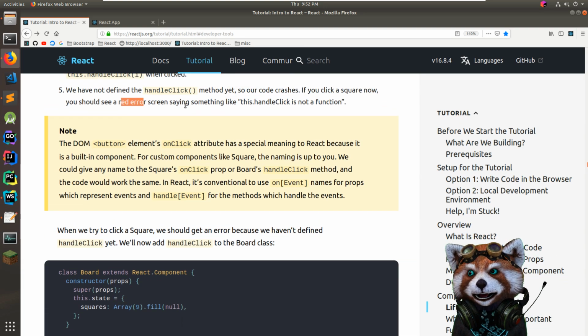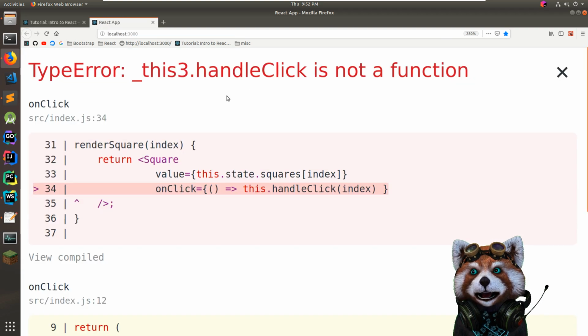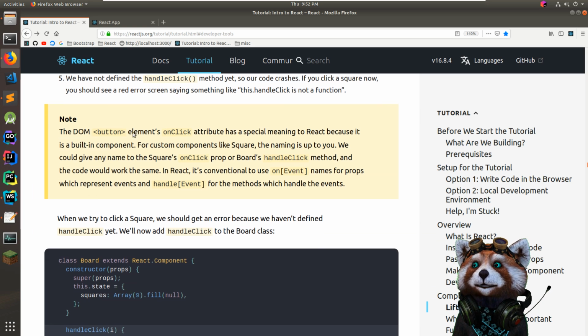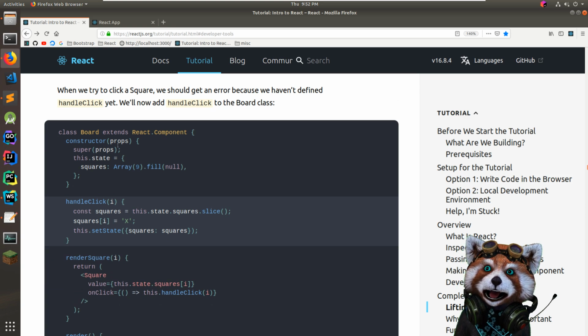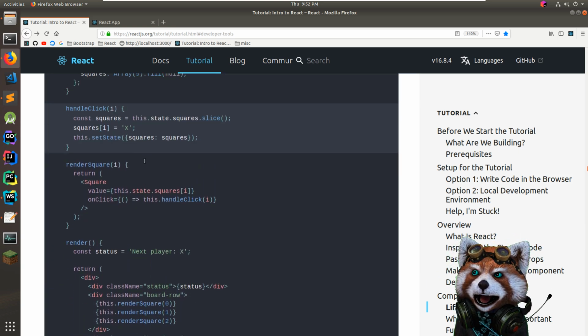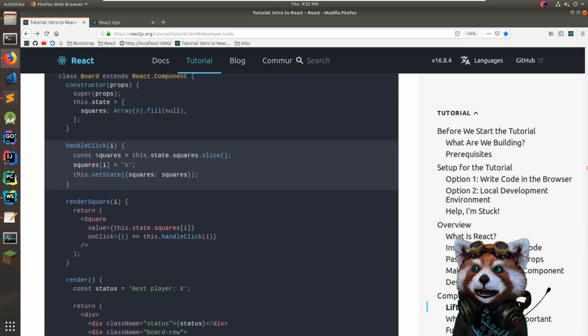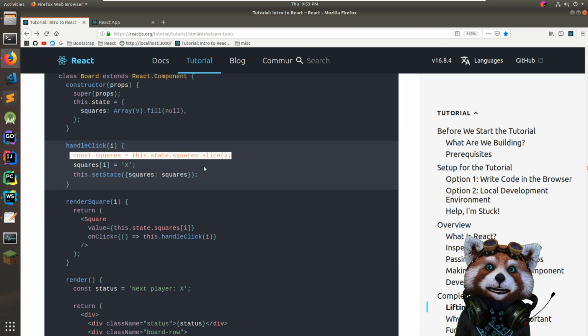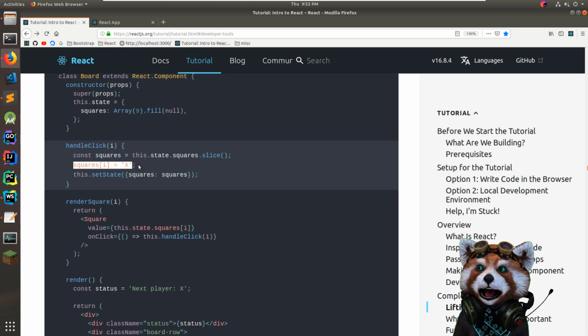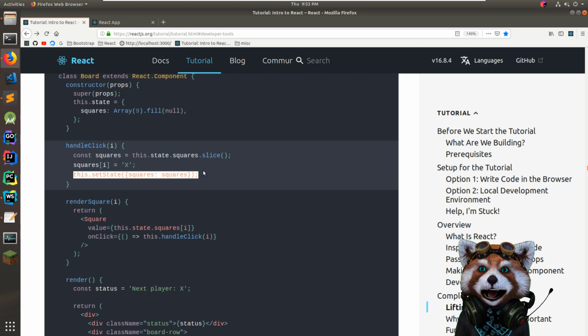If you click a square now, you should see a red error screen, something like this: handle click is not a function. Yep, that's fine. So when we try and click a square, we should get an error because we haven't defined the handle click. Okay, so all that's going to do is get a copy. Okay, it's basically going to get a copy of the state,